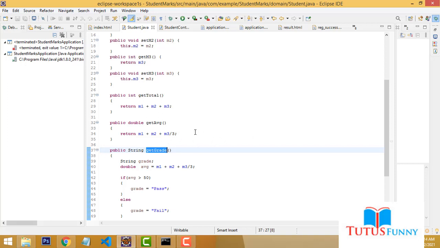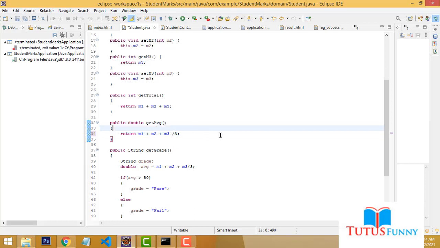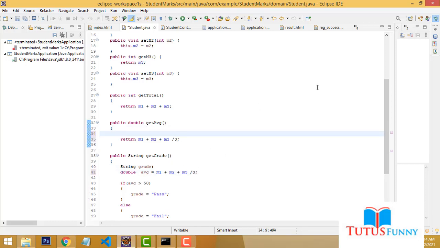Right, the problem is here. This one should be the problem. It's calculated only, we divide by only this one. Okay, this is the problem I think. So what I am going to do is create a double average.